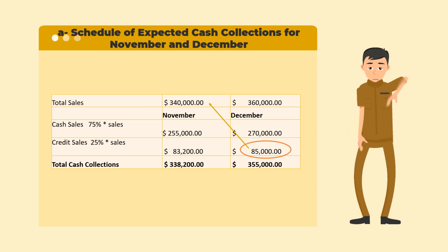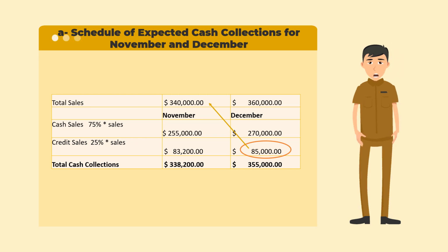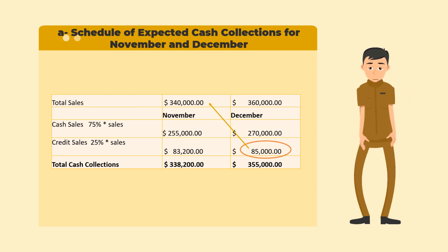So for November it is 75% multiplied by 340,000, and 75% multiplied by 360,000 is for December. And for the credit sales, the information said that it can be obtained from 25% of the previous month's sales. As for November, we just take it from the receivable account from October, which is from the balance sheet, which is 83,200, and also for December credit sales, just multiply 25% with 340,000, which is the sales of